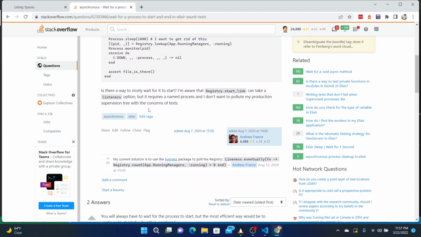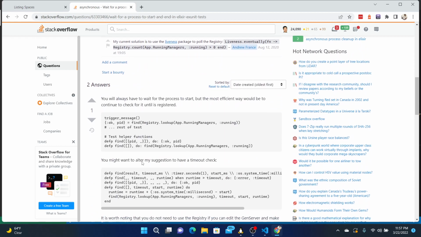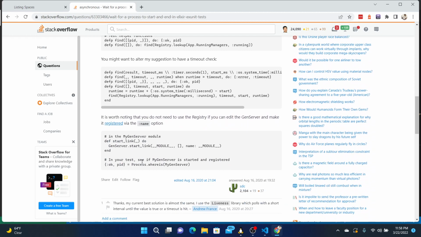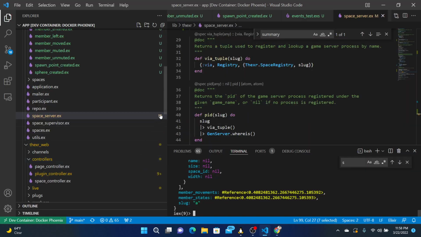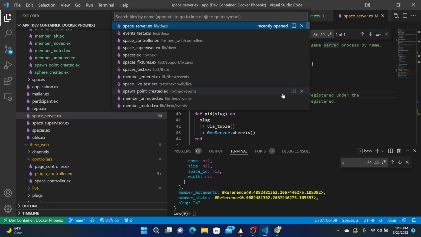Question says he wants to get rid of sleep. He was sleeping for cause to start, check for until it is registered. Trigger message. Look up. But since I don't have a time when it's done, we can just do this.